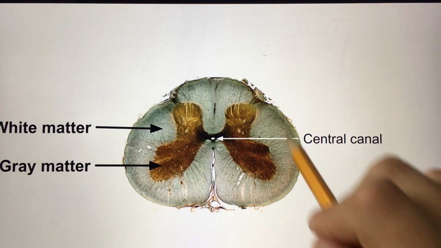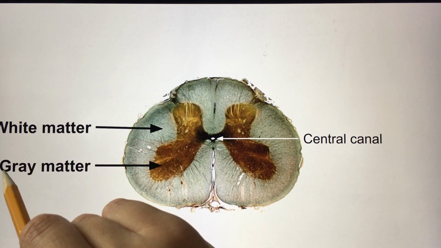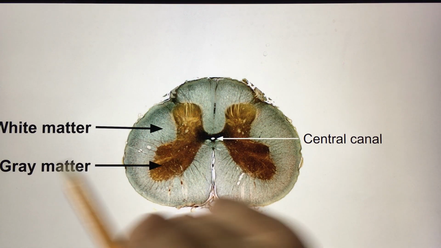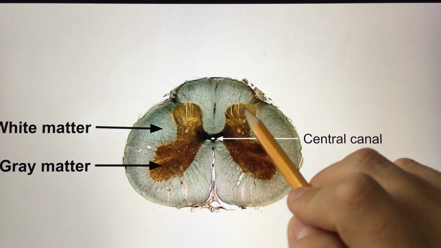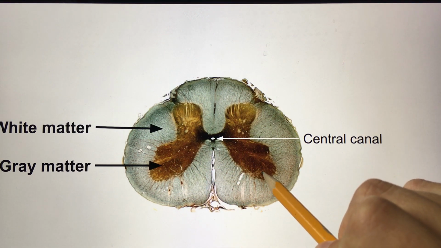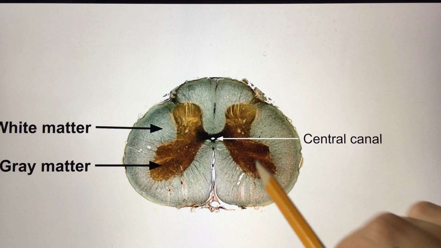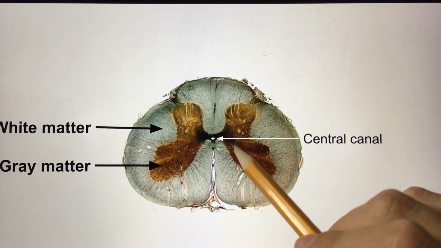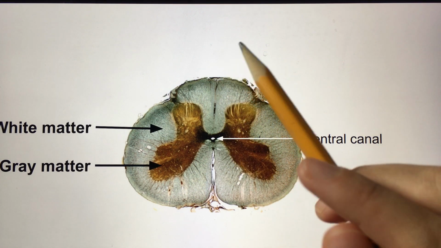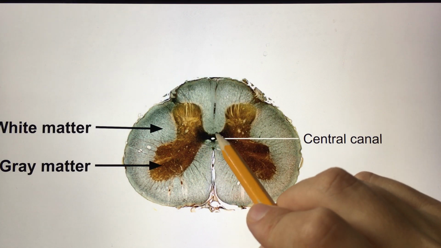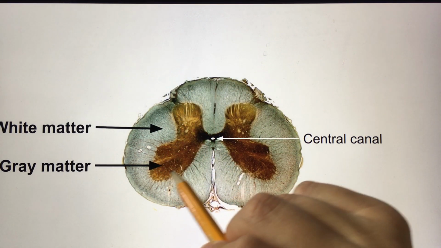And inside of the spinal cord, you're going to find white matter and gray matter. The gray matter is going to be inside, more deep in a spinal cord, as opposed to the brain where gray matter is on the outside. It's called cerebral cortex. In a spinal cord, it's more inner, it's more deep to the white matter. It forms this kind of like letter H,